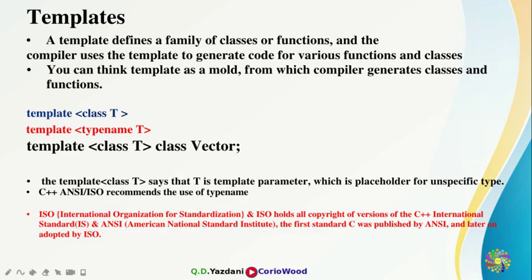So the ISO holds all the copyright for the C++ international standard, and ANSI was the first who published C. And keep in mind, they're all free. C and C++, you guys are free to use. You guys can build the most powerful software in the world, like Google, like Microsoft, like Apple. You can use it like Facebook. You can use it for anything. But keep in mind, the majority of programs start with C++, because C++ is free, and